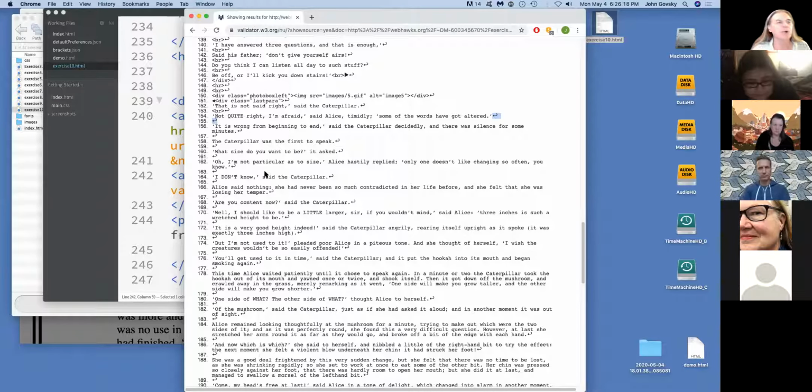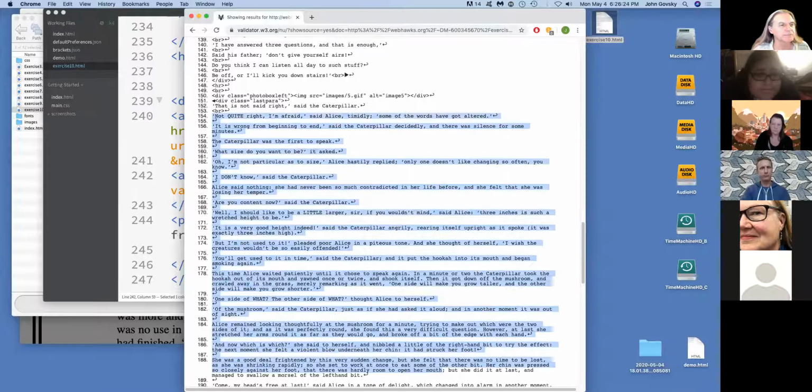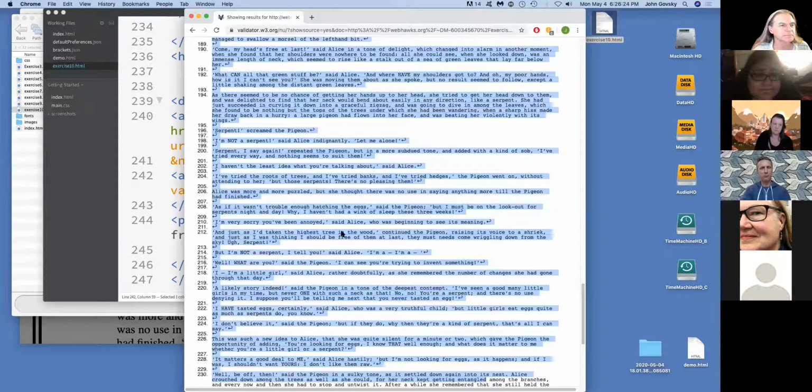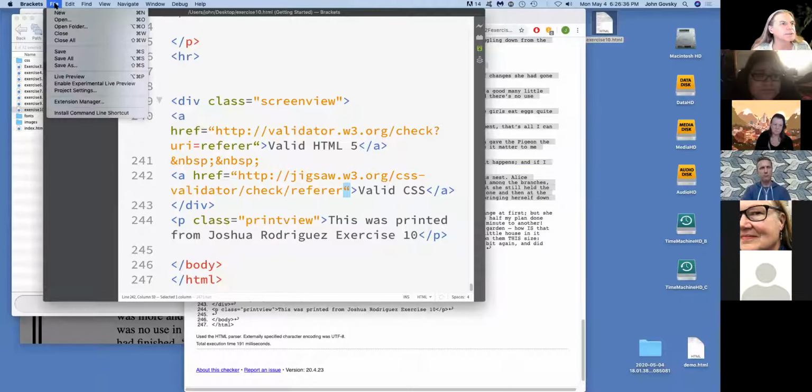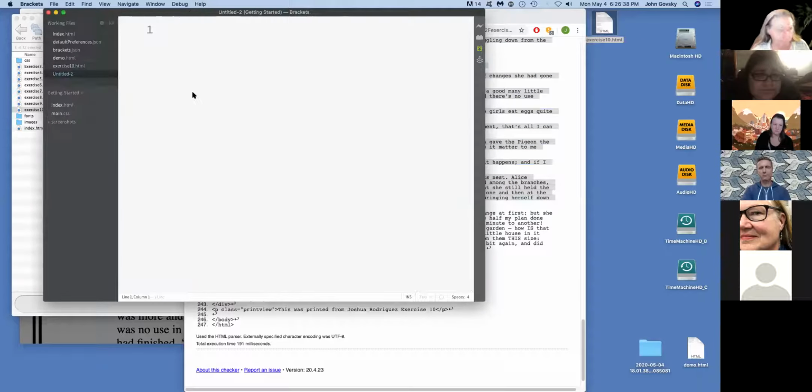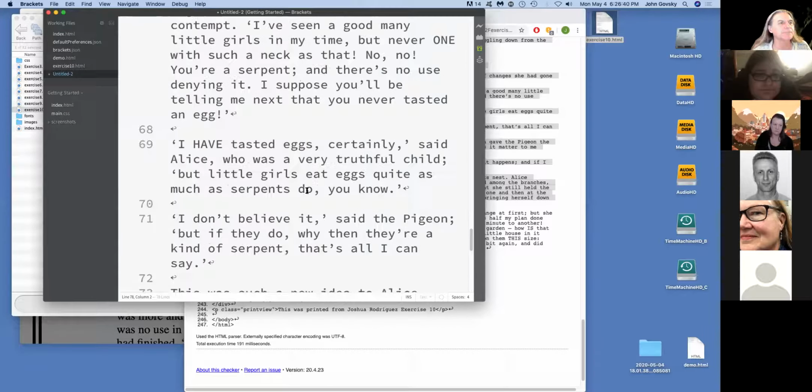Okay, so I'm going to take a block of this code. Let's say, I'll just take it down to there. And I'm going to copy that code, and paste it into this text editor.